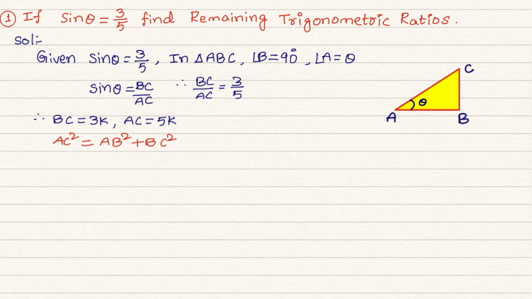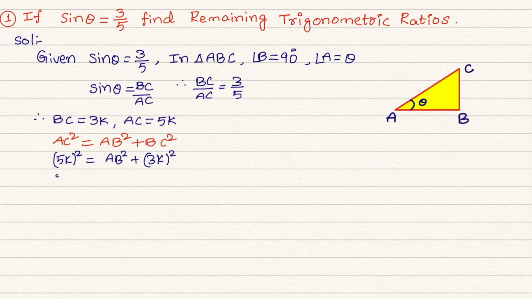In any right angle triangle, the square of the hypotenuse is equal to the sum of the squares of the other two sides. Now we substitute the values of BC and AC in this and we will find out the AB value. So AC is 5K, so we substitute 5K whole square is equal to AB square plus BC is 3K whole square,